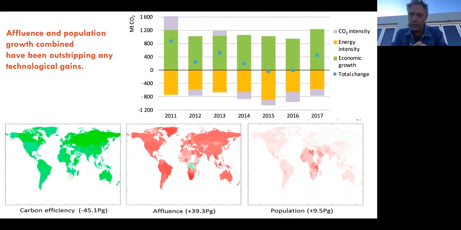And the story from all three factors is that affluence and population combined outstrip technology. So basically, all these technological advances we've made have worked hard and hard and hard, only to be completely cancelled out by the trend of us getting just richer and richer and richer, every one of us. This is important to know because it tells us something about the future. As people say, well, the technological advancement, surely we will get on top of this climate change conundrum. So let's see how